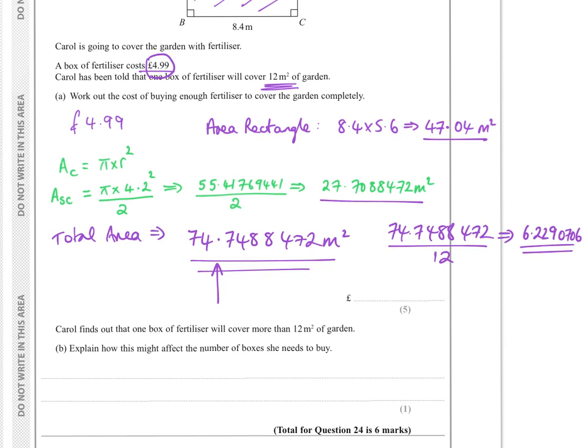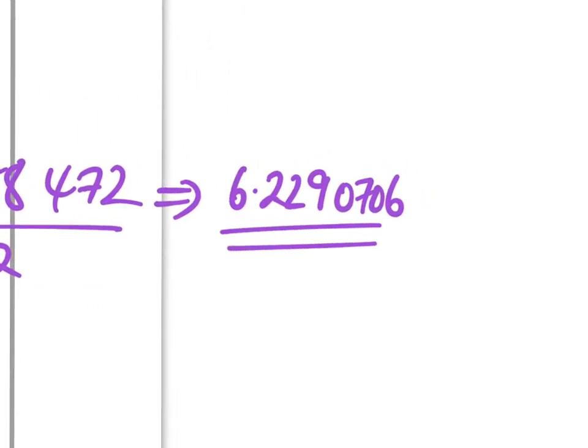Then I think we have to be a bit careful, because if we thought we needed just 6 bags of fertiliser, then the 0.22900706 that's left over would mean that there was area left over that wasn't treated with fertiliser. So to be sure that you had enough, I'm afraid you'd have to get an extra bag. You're not going to be able to go to the shop and just take a few scoops out of the bag. You're going to have to buy a whole new one. So you're going to need 7 bags